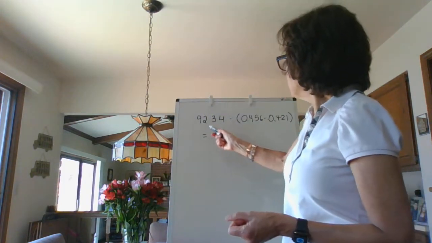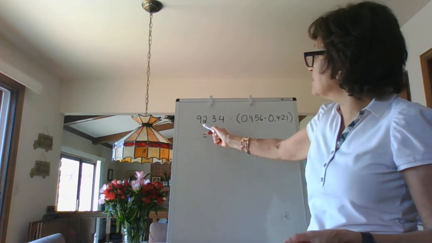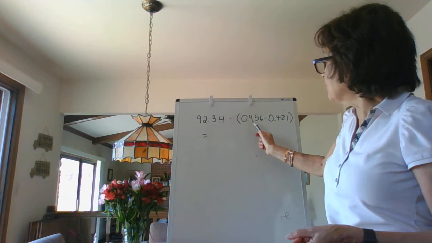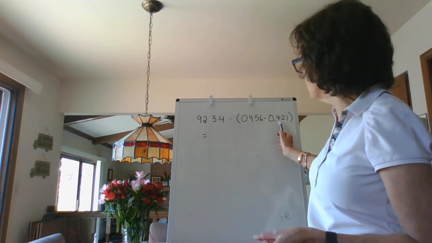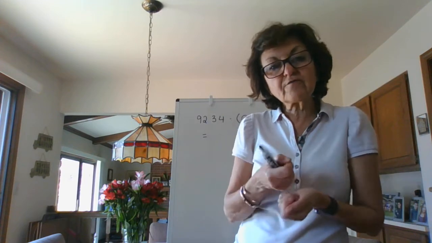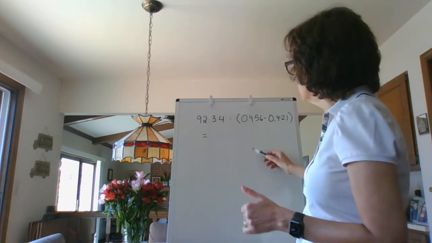Hi guys, one more calculation and then we'll move on to metric units and SI units. Let's say you have a problem like this. You see that this is 92.34 times, and then open parentheses, 0.456 minus 0.421. You should know that you do whatever's in the parentheses first. So you do the math over here and you subtract